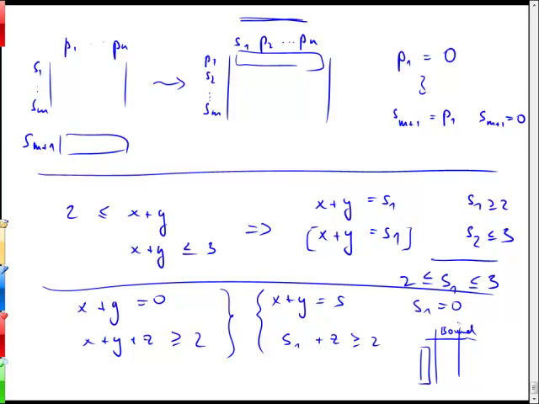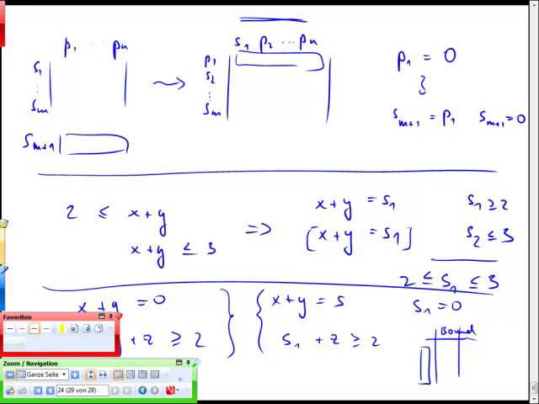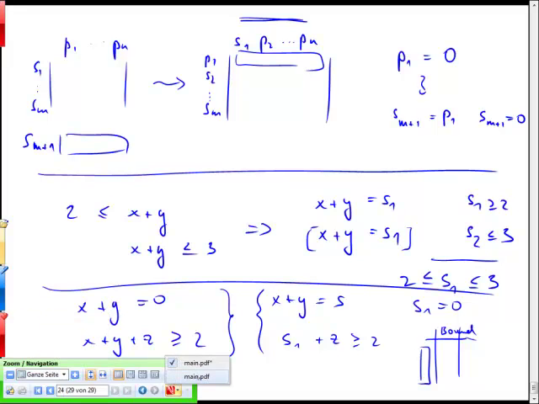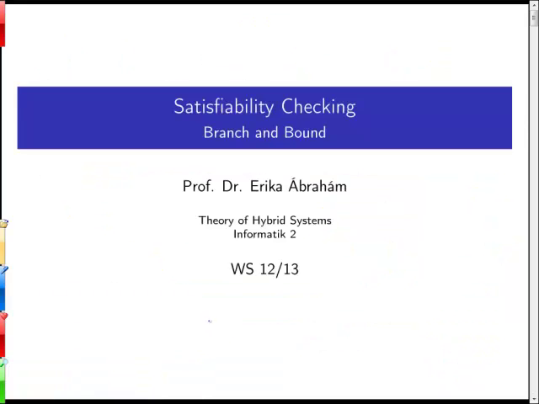Okay, some further pre-processing techniques we will look at later, but these are the basic ideas. Good. Do you have any questions now to the simplex application? Okay. Then